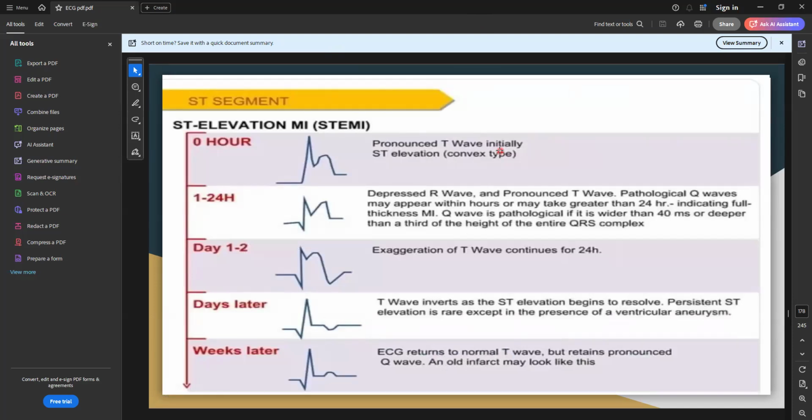Coming to the ST segment changes during a STEMI or ST elevation MI. Within hours, there will be a pronounced T wave initially. This T wave is elevated with the ST segment elevation. Here it is the convex type. Within 1 to 24 hours,